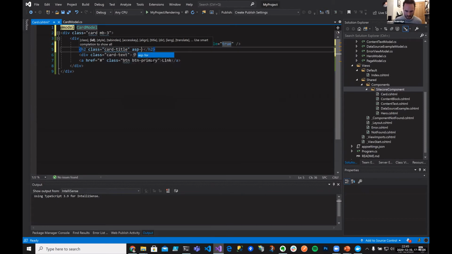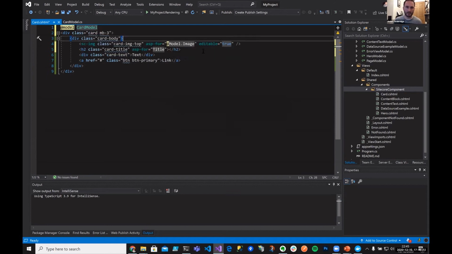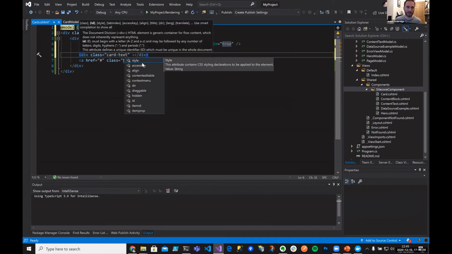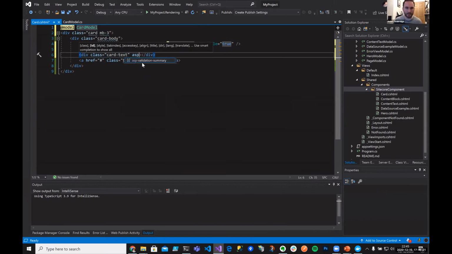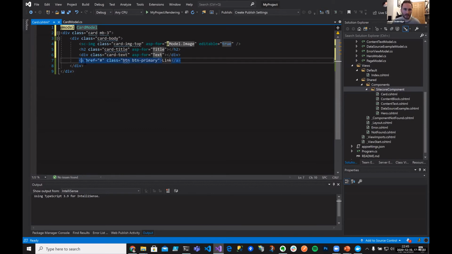So we can just bind it, and you can see here, we can just use the property rather than having to do the @Model.Image. And then the same for the text field. This one's in a div because it renders out HTML, so it could render out a p tag, for example. So we need to make sure that's in a div. So that one's text. And then this link, again, there's different options here for links, but I'm going to use